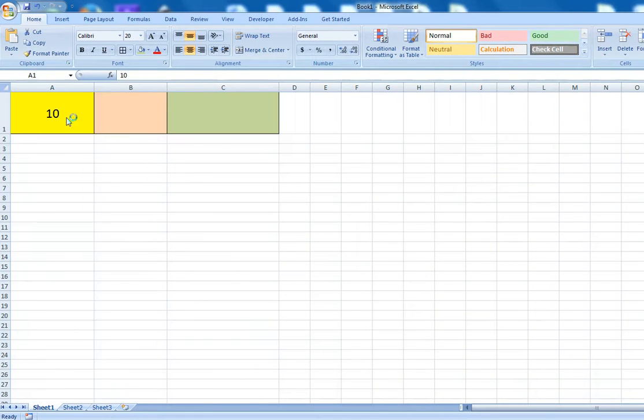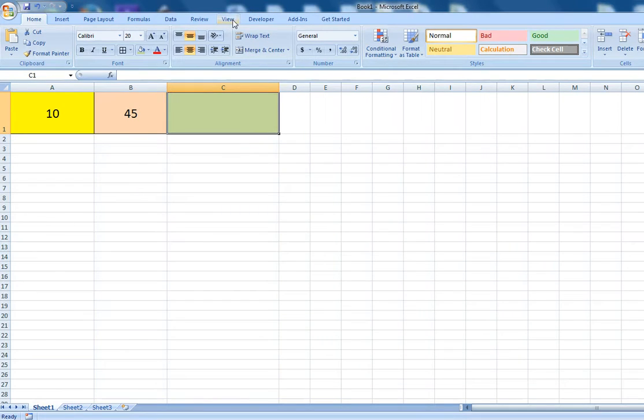Here in column A, suppose the value is 10, and here the value is 45, so what we should get is the added value in column C. As we know, by applying the formula equal to A1 plus B1, we will get this value 55, but we don't want to use the formula, we want to use macro coding. So for that, you can just delete this value here.